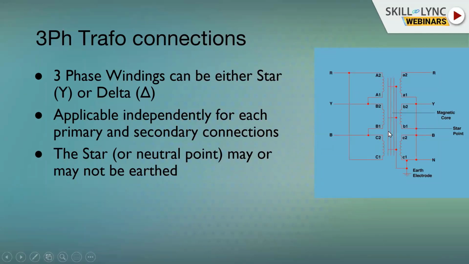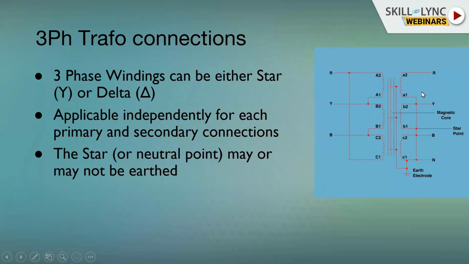So now, in a three-phase transformer, which is nothing but a combination of three transformers put together, we have a problem here. In the sense, these three windings can be connected either in what we call delta, meaning the starting of one winding can be connected to the beginning of the other, and so on and so forth, and form a loop, and we bring out three wires here, called delta.